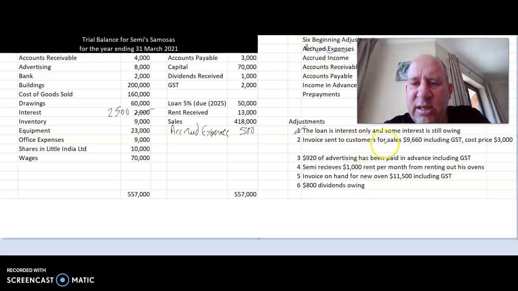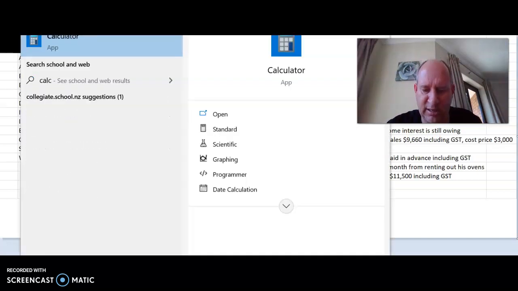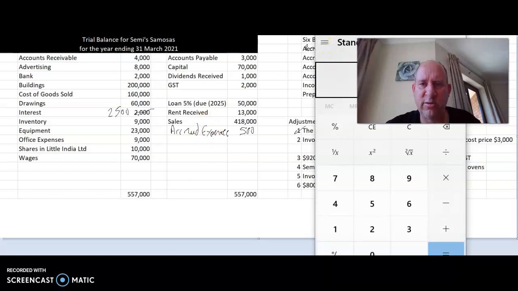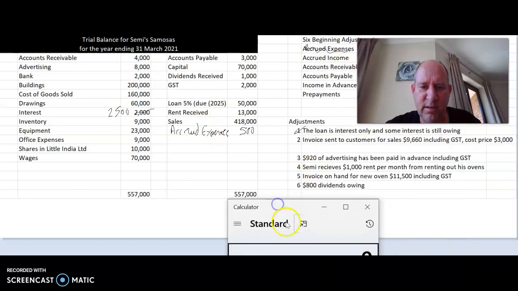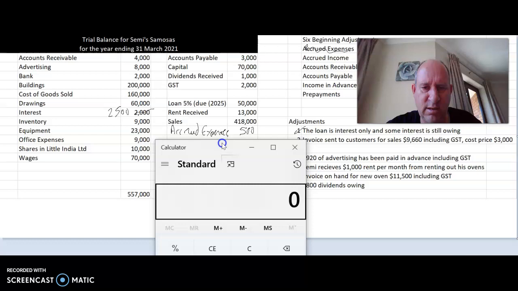Next one, invoice sent to customers, 9660, including GST, cost price 3,000. Now we know that one's going to be accounts. Is accounts receivable or payable? Sent to customers, accounts receivable. So we've already got accounts receivable, but what I'd like you to do is do a calculation for me before you start. So I've got my trusty calculator here. And I'm going to go